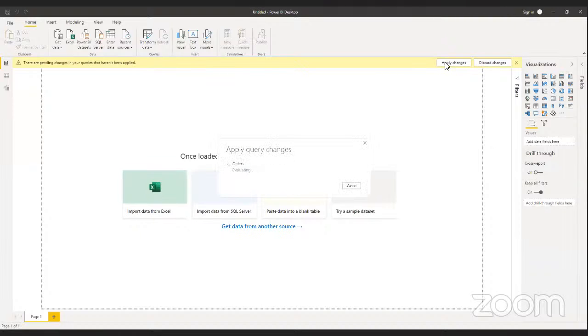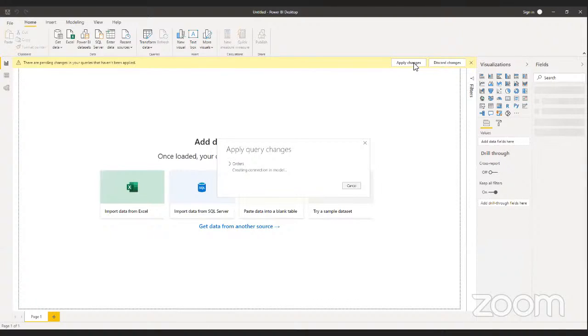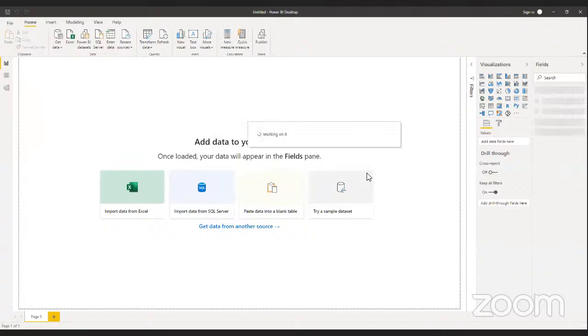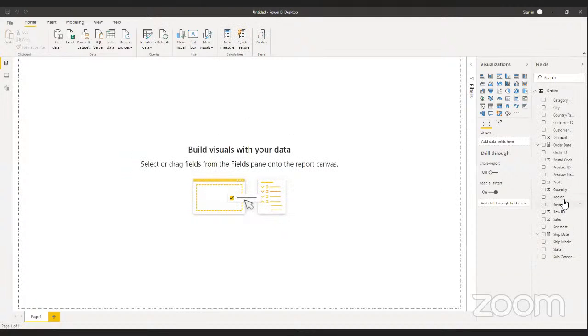It is asking, do I want to apply changes? Of course I do. It is applying the changes. Let the data load. So now that I have my data set reflecting here,